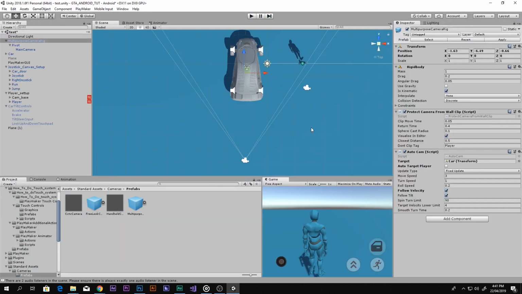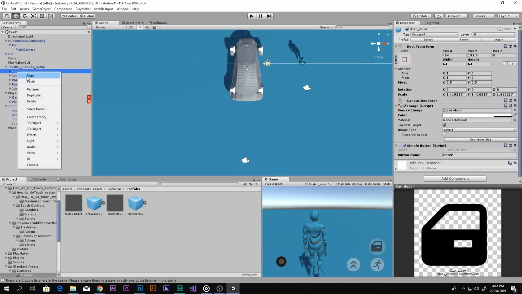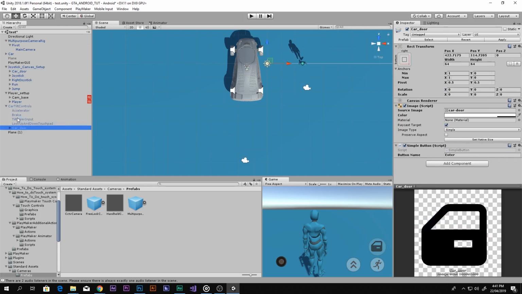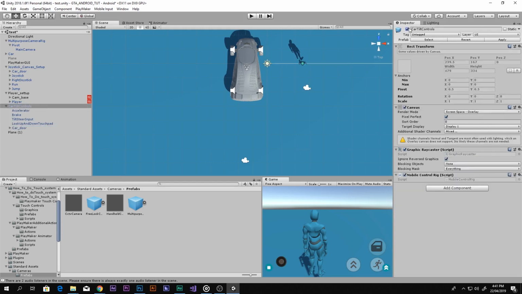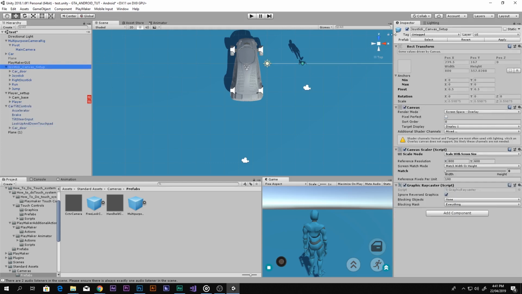But there's no way to come out of the car, right? So how to do that is we can copy this button, car door, and paste it inside the car tilt controls. Alright, so that when the car tilt controls are turned on and the joystick canvas is turned off, still there should be